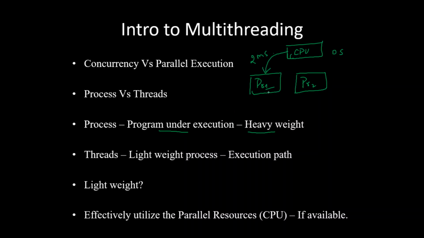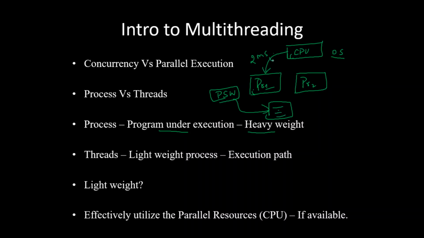Because when the control is transferred from one process to another process, the state of the process should be saved. The state of the process should be saved, because again when this process comes for execution, it should continue from where it was left previously. So its state information, which is generally available in a set of registers called PSW, program status word, should be stored in some part of the memory or in stack.